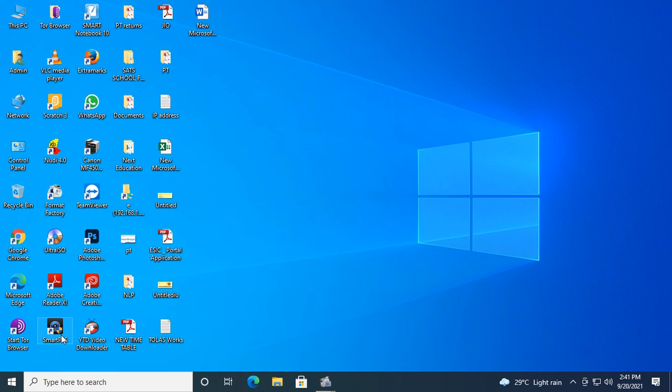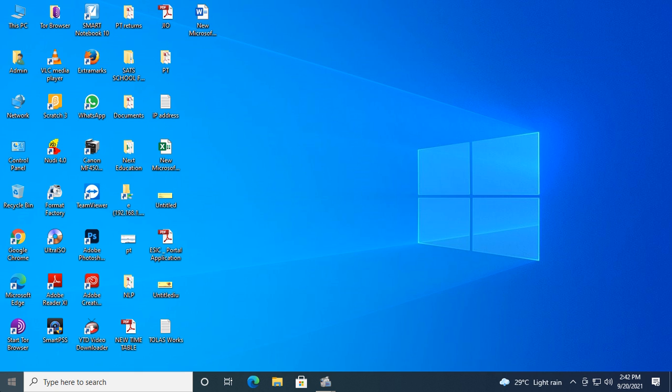Now this is the desktop, the monitor screen. We are going to start with the Notepad. How to start a Notepad? There are a few steps which you need to follow. Take the mouse. You can see this mouse pointer.